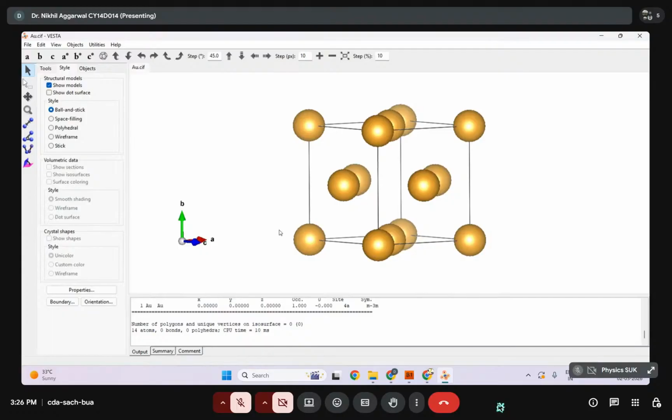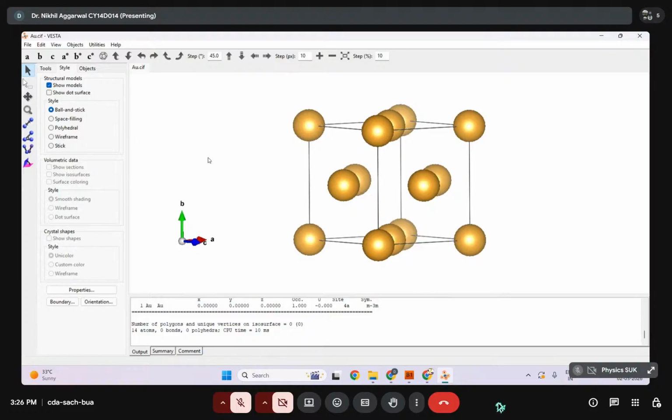Experimentally, you may be working with bigger samples, but note down that those bigger nanospheres do not show a periodic arrangement of the atoms throughout the nanosphere. Rather, you have discrete nanocrystalline units within the lattice. So, conclusion: even though practically you may be working with a 100 nanometer, 200 nanometer nanoparticle, theoretically you have to model up to 2 or 1.2 nanometer only. That is the maximum limit you have to take